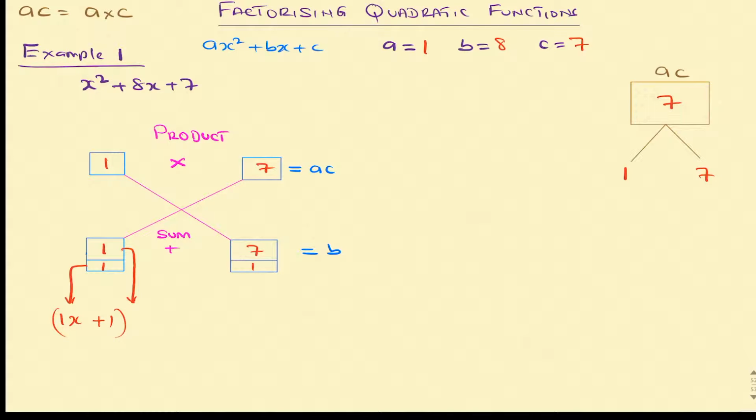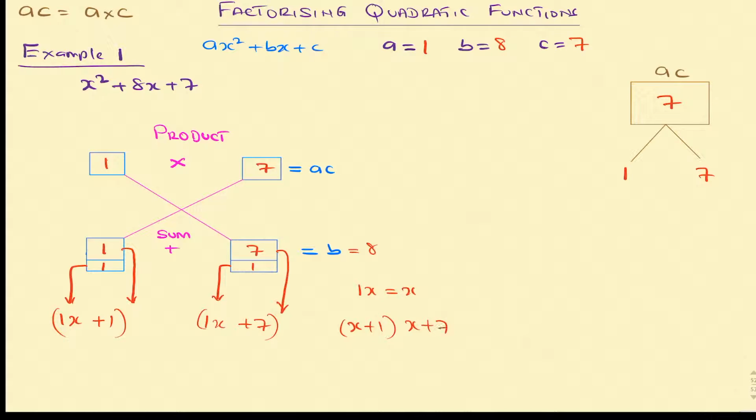Let's try the second part. The bottom, the denominator is 1x, and the top is plus 7. So those are our factors. But remember, our factors are 1x, which is equal to x, and therefore x plus 1,